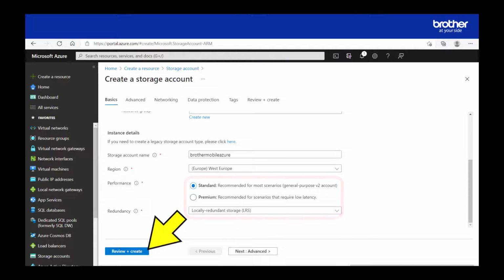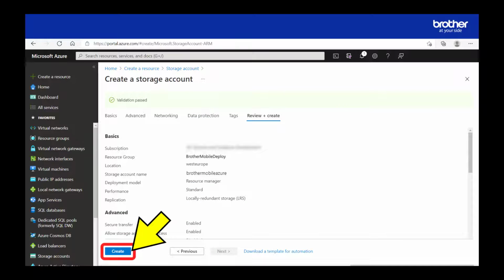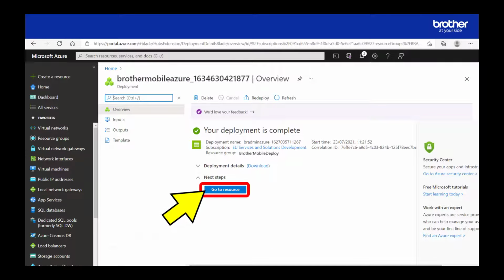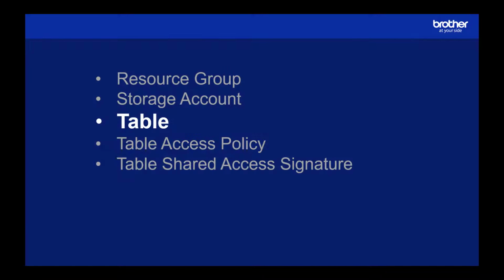Click the Review and Create button, and then finally click the Create button. When your storage account is ready, click the Go to Resource button. We're now going to create a table.